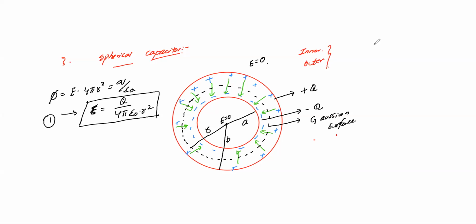In earlier cases, we have seen a relation between potential difference and electric field. So electric field E is equal to dV by dr, and we related them. Remember this relation: electric field E is equal to dV by dr, or we can say the potential gradient. And this is negative. Why negative? If you see from the center towards the surface, the potential direction and the electric field are both in opposite directions.